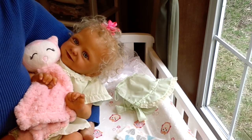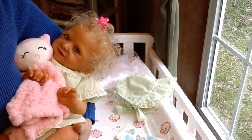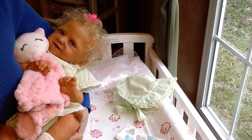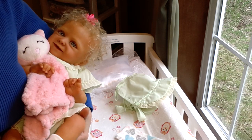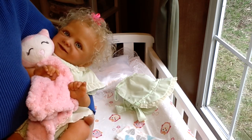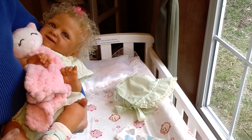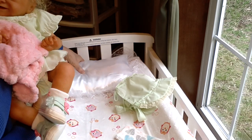Today I have my beautiful little Katie Lynn with me, with all of her gorgeous blonde curls and big blue eyes. And it is Theme Thursday today, and we are going to be celebrating Theme Thursday today with snaps and poppers. The alternate theme was being a snappy dresser. But I'm going to stick with the snaps and the poppers today on baby's clothing. And so I'm going to put her down for just a moment